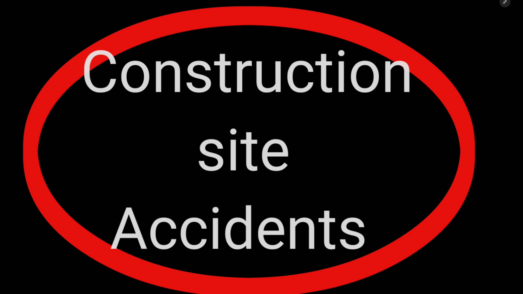Here is how you can reduce the risk. First is training, second PPE, third hazard identification, and fourth safety protocol. Training: make sure every worker is properly trained in safety procedure, and PPE, personal protective equipment is essential. Make sure helmet, gloves, goggles, and safety boots are worn at all times. Third is regularly inspect the site for potential hazards and eliminate them immediately. And fourth is establish clear safety guidelines and make sure everyone follow them. And fifth is hold regular safety briefing to remind workers of the risk and how to stay safe.